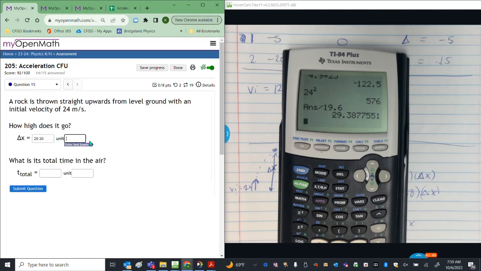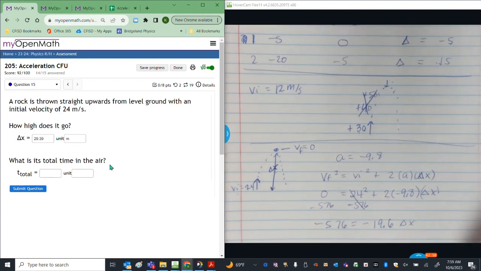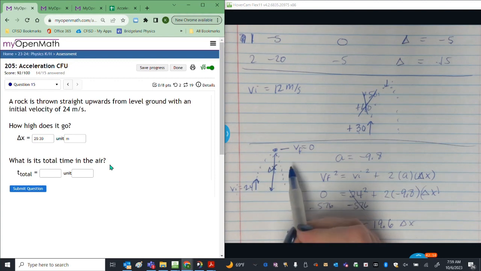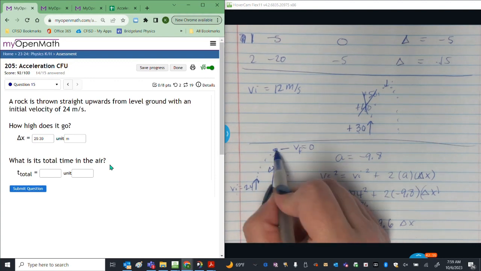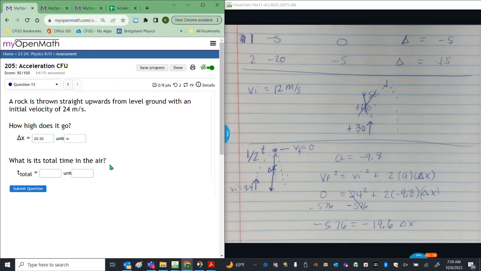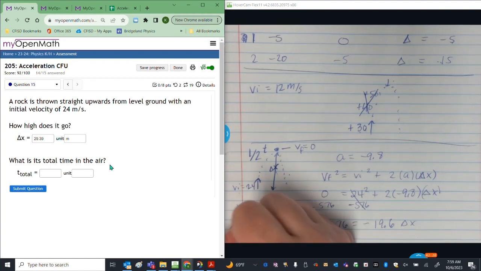What is the total time in the air? Well, I can solve for time up here because I have enough information for it. However, if I solve for the time to this point, that's only half of my time. I have to double it. Okay, so I'm going to solve for it, but then I'm going to have to double it. So I'm going to go ahead and use this equation, VF equals VI plus A times T, because that's the